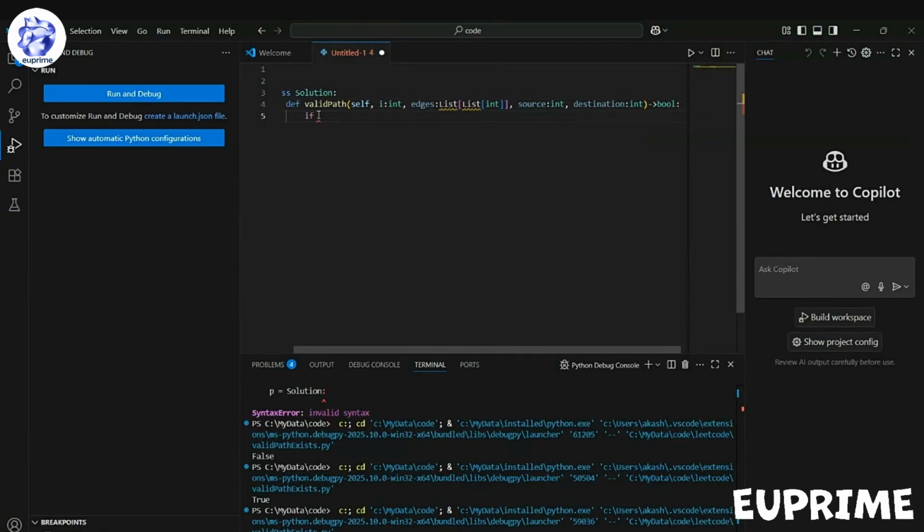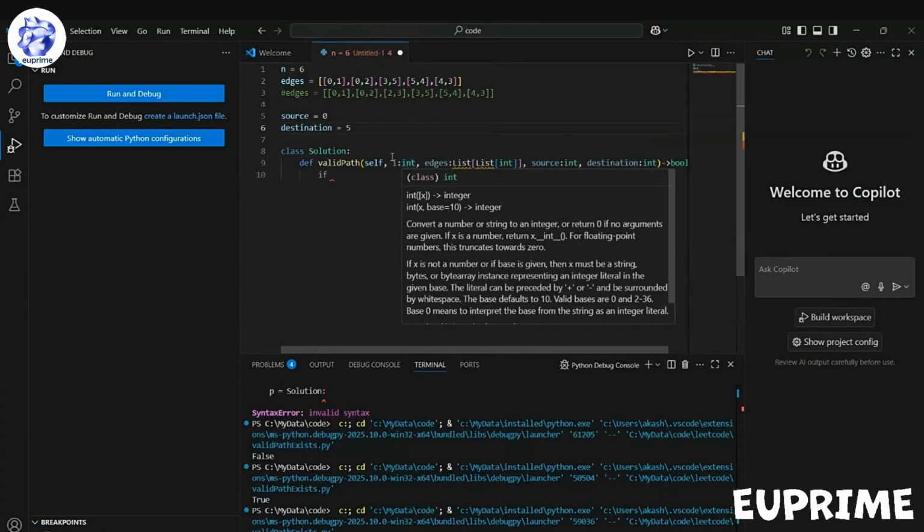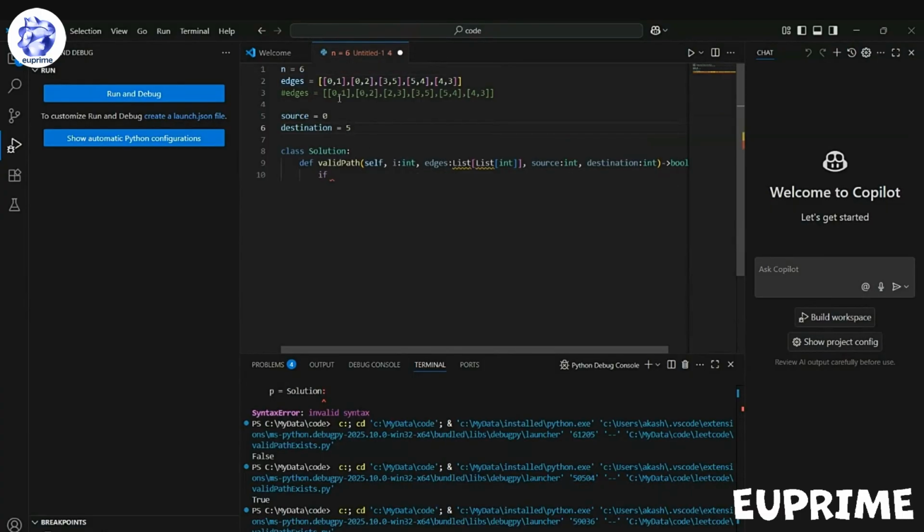So first, the input that we have to take: we have the number of nodes, the edges, the source, and the destination. You have two alternatives for edges. So I'm assuming the audio is getting recorded. So first thing that we will check,